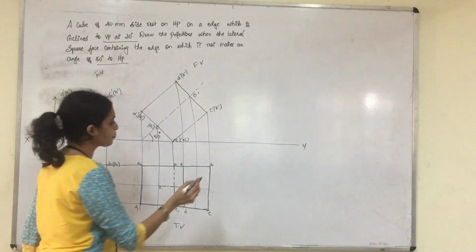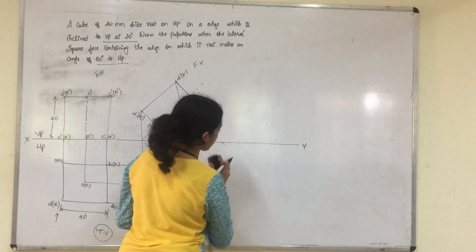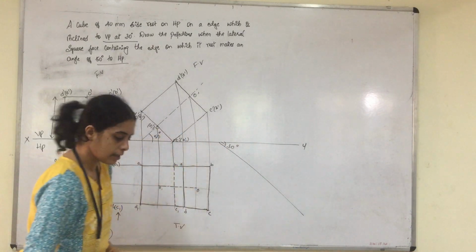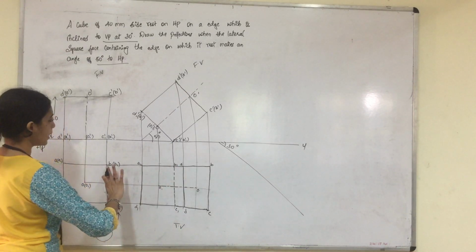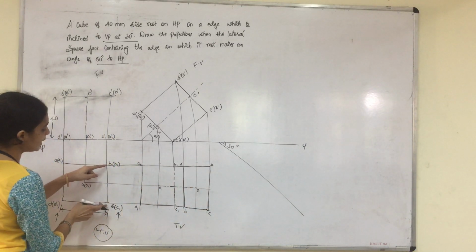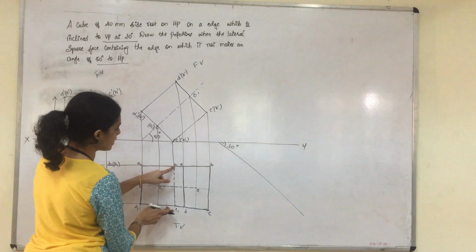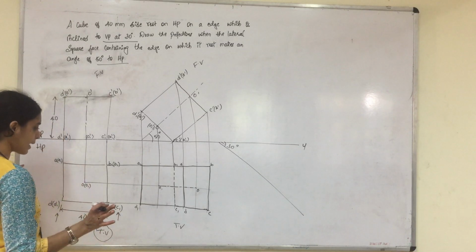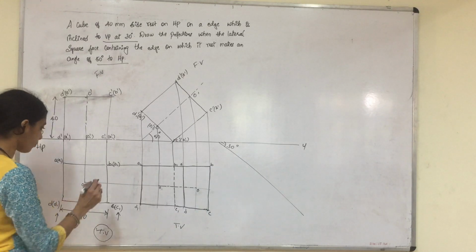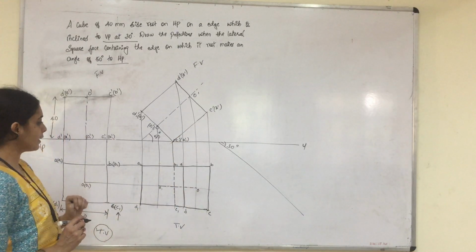So what we do is, first we take 30 degree line. Take 30 degree line and we have to shift the same base, same side to 30 degree to VP. So this side BC, the true length of the side BC in the first stage and the true length of the side BC in the second stage remains the same, right? And hence no need of determining the apparent angle. So now we will replace the same side here for our 30-degree inclination.